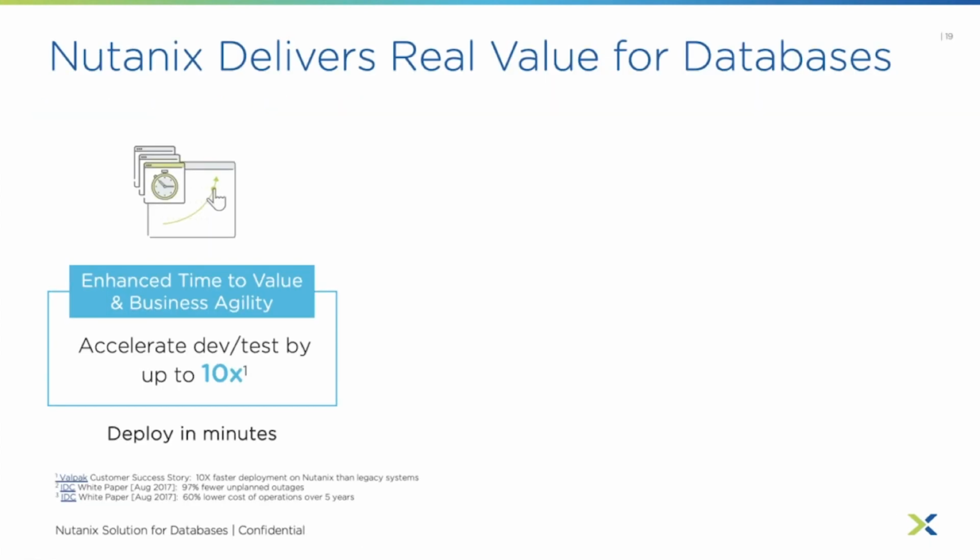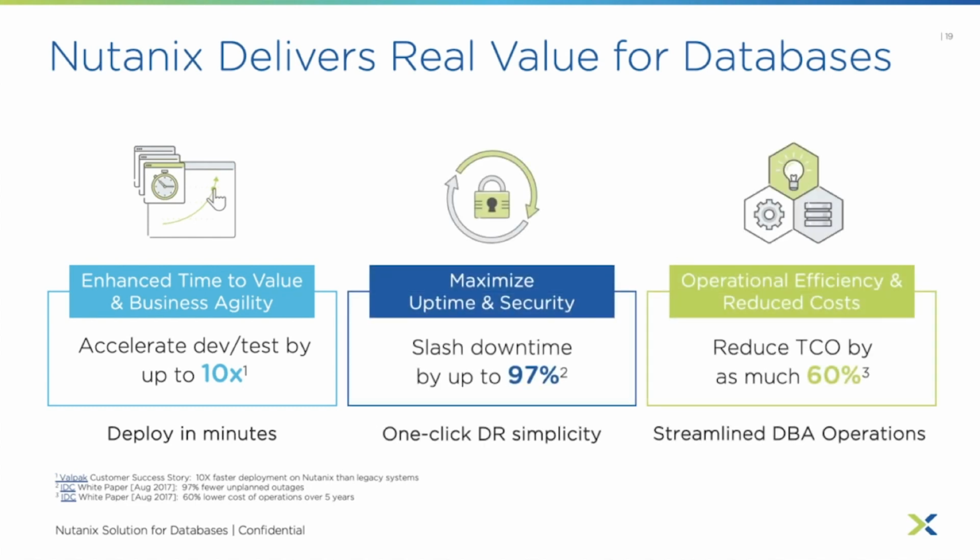So just as a recap of what we talked about, there are 3 areas where we deliver value for Oracle databases. That's the ability to provide enhanced time to value, or business agility, aka deploying in minutes. By deploying in minutes, we're able to accelerate test and dev by up to 10x in some customers. Maximize uptime and security. By that we mean we're slashing downtime by up to 97%, and then we provide one-click DR simplicity. We're also able, from the patching that we just talked about, to ensure that you get the best, most up-to-date patches possible,